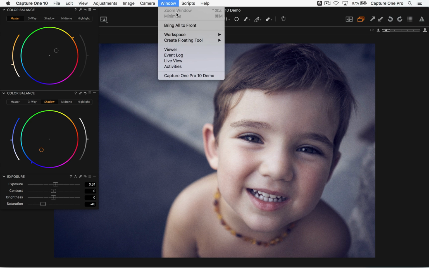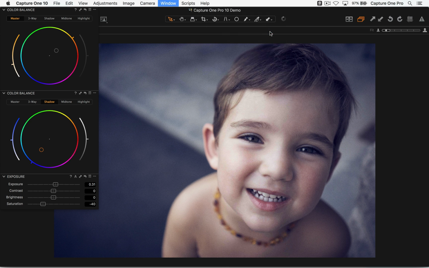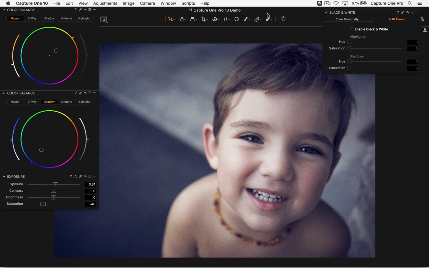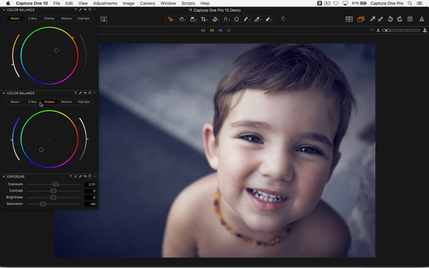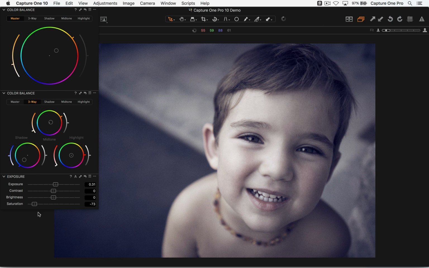Just to remind you, in the black and white tool itself we do have a split toning tab, but if we enable black and white for a second, you can only tone the highlights and choose how saturated you want that to be, and the shadows, and that's it. So you don't really have as much control as you do using the three-way controls and playing around with the saturation as well. And of course, don't forget, you can also influence your contrast all in one place by tweaking the sliders.